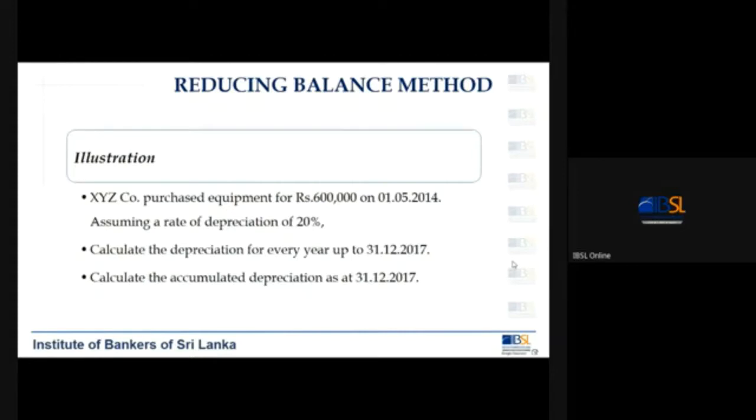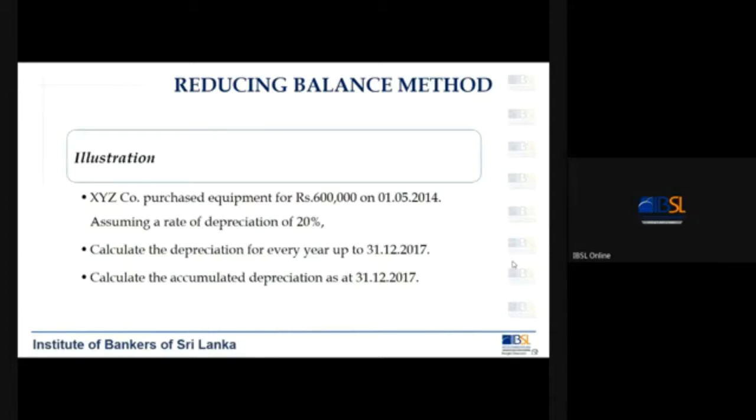Please note and underline the question properly. Calculate the depreciation for every year. They are not referring to the annual depreciation here. Calculate the depreciation for every year up to 31/12/2017 and calculate the accumulated depreciation as at 31/12/2017. So it's very obvious that the company policy is silent. So we need to apply the